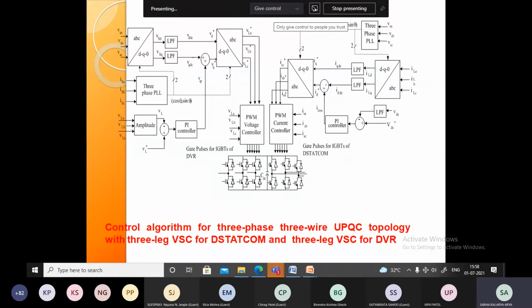The DC bus we are going to maintain by the shunt, and the load current you can consider as a reference current for calculation of cos theta and sin theta. Then after conversion from ABC to DQ or DQ to ABC, you have VLA star, VLB star and VLC star. Compare with the actual values of VLA, VLB, VLC. Then you have sin PWM based on the carrier signal, which sets the switching frequency. After that, you have the output voltage. Here we want to get the voltage, so for that we have generated the load reference voltage.